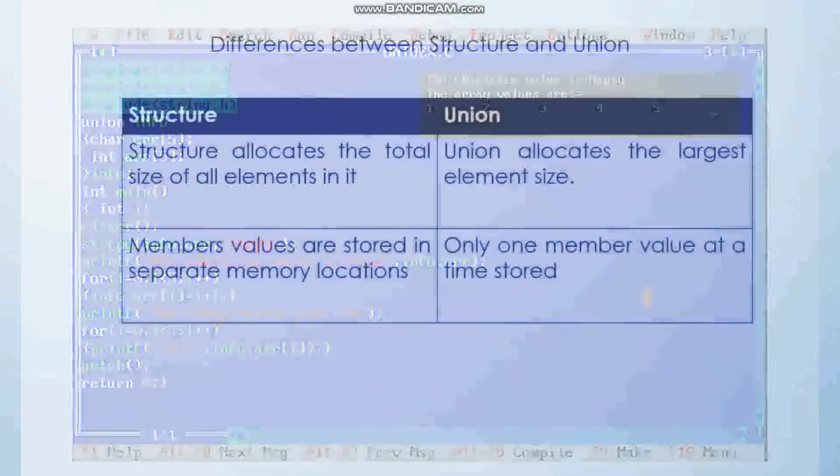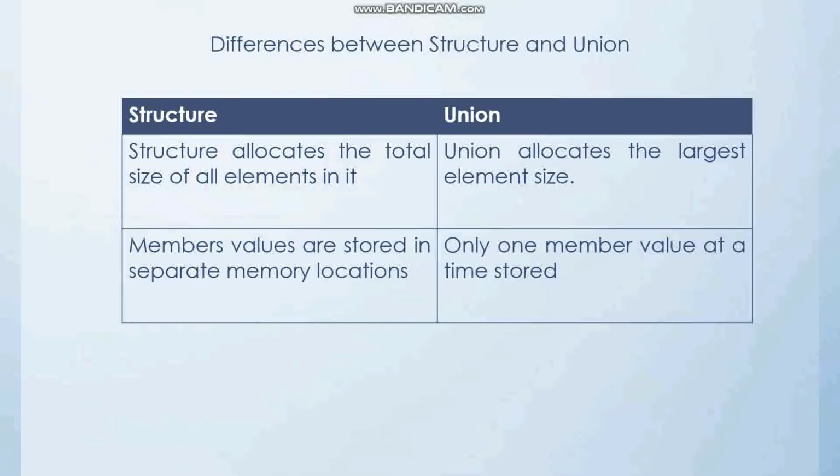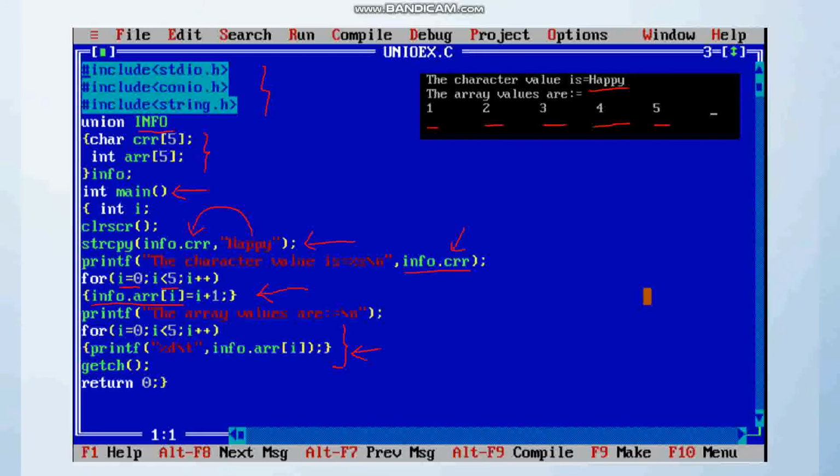So now we will focus on the differences between structure and union. Structure allocates the total size of all elements in it. Union allocates the largest element size. As in our previous example, the size for this integer array is the total size.